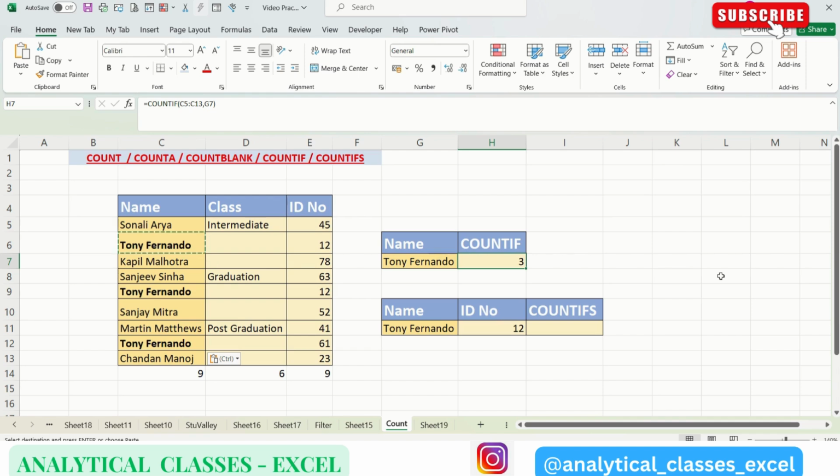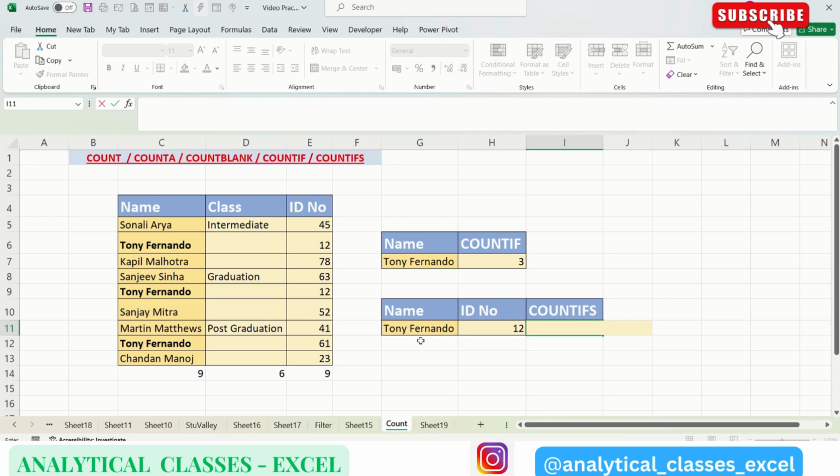Now what is COUNTIFs? COUNTIFs allows you to have as many conditions as you want, not 2, not 3, as many conditions as you want. So here we are having only 2 conditions because our table is small. You can use it on the vast data set as well. So let's start by taking the COUNTIFs. So criteria range 1, our first criteria is Tony Fernando. So we are taking this criteria range, then comma criteria 1 which is Tony Fernando,